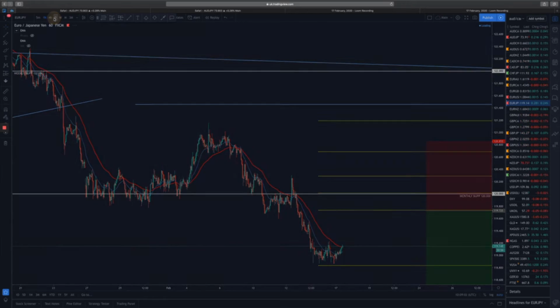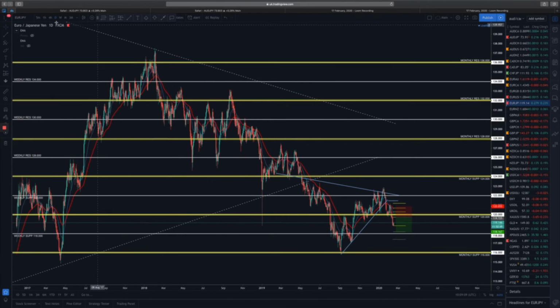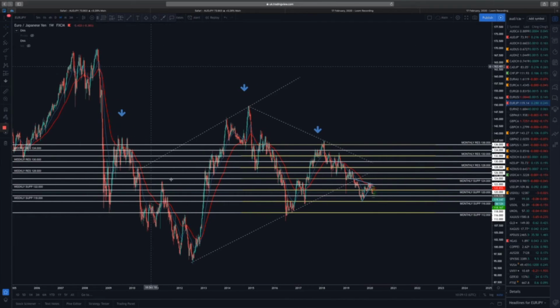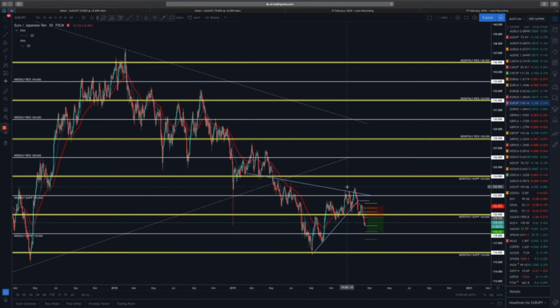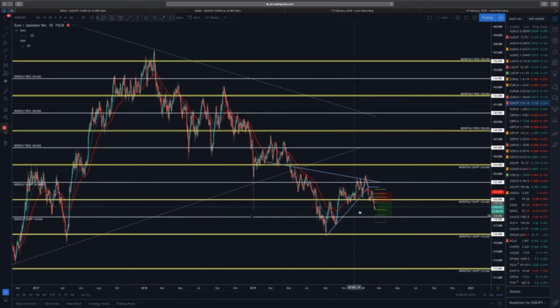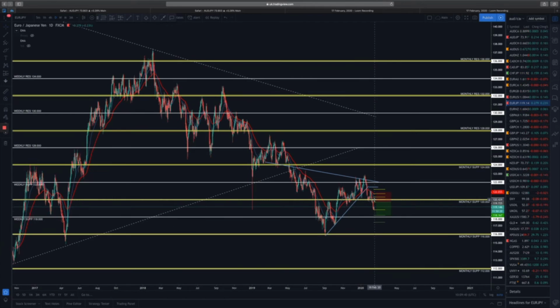Euro Yen, this one's quite a simple one. Look on the daily. Broken out of this. We'll look on the weekly, will make a bit more sense. Nice structure here. Broken out of this structure. It's come back, retested that weekly 50 EMA, and then we've made a new low. On the daily, we can see we've broken out again of this smaller structure. So 1, 2, 3, 4, and then broke it on the 5th, retested the daily 50 EMA and made the